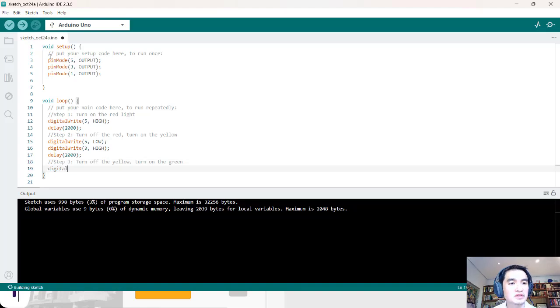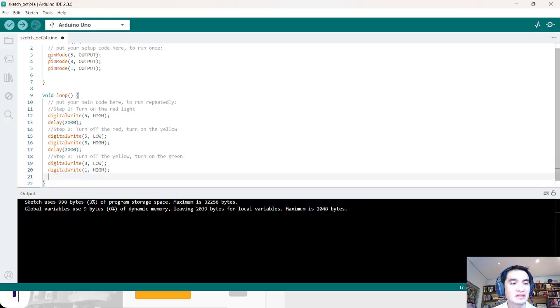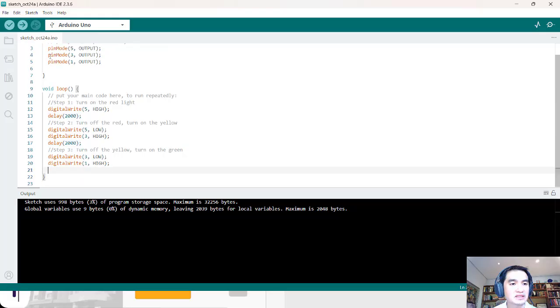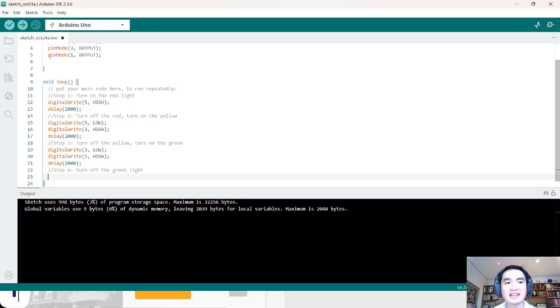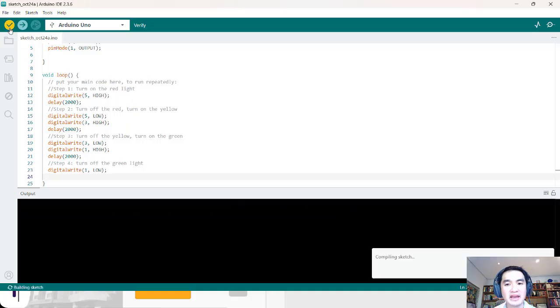Let's turn off the yellow, digital write 3 low, and then digital write 1 high, and then delay 2000. Step 4, turn off the green light, and then it's going to repeat. So digital write 1 low. Okay, since that's our code set up, we're going to click verify,